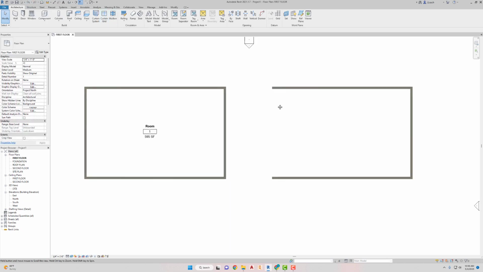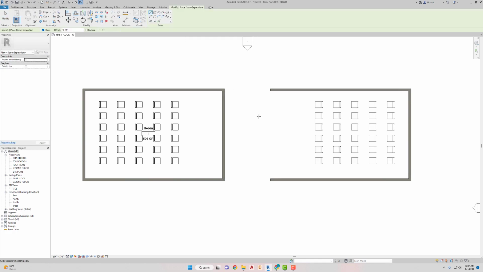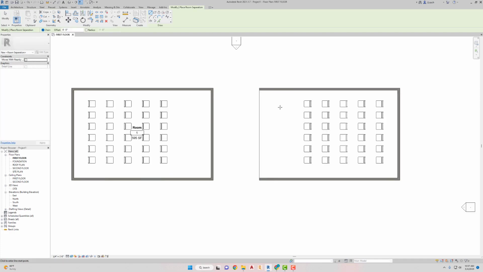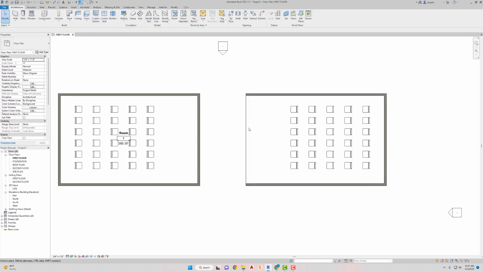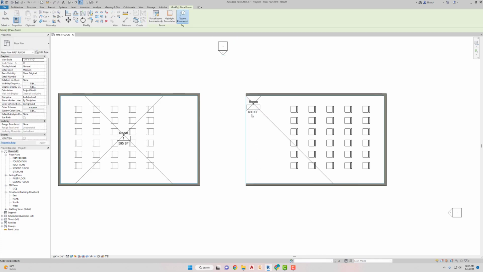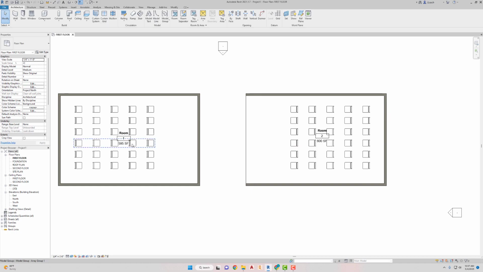So to fix that problem, we're going to go to where you see room separator. And I'm just going to draw a line from one corner of this wall down to the other corner, just so I can close this area off. It's kind of like in AutoCAD when you try to hatch an area that's not enclosed, it kind of freaks out. So now I have that room separation line there. Now I can go to my room, and now I can place a room in that area. I'm gonna right click, hit cancel, because I don't want any of them there. So yeah, it tells you the square footage,